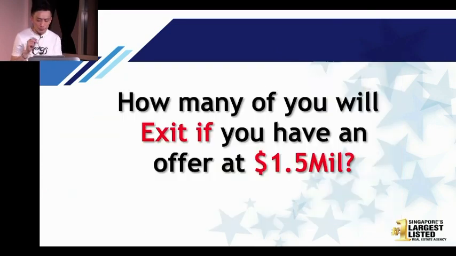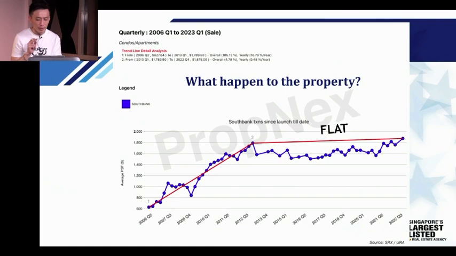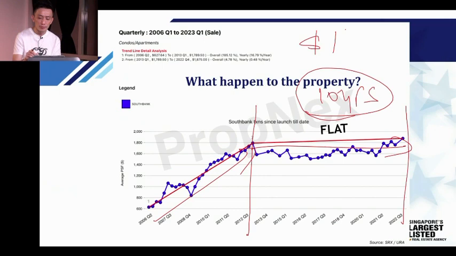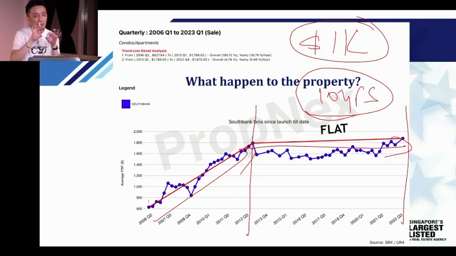But let me tell you, I will determine whether to sell not because of emotion. I will determine to sell because of this. You see, this is exactly what happened to the property. The price has gone up, but it has flattened. From 2013 until today, 10 years, with this property you can enjoy passive income of $1,000. But if you take the $1,000 back, the last 10 years the price is flat. Did you actually make money? Actually, no. Even if you can get passive income of $1,000 every month, did you really save $1,000?